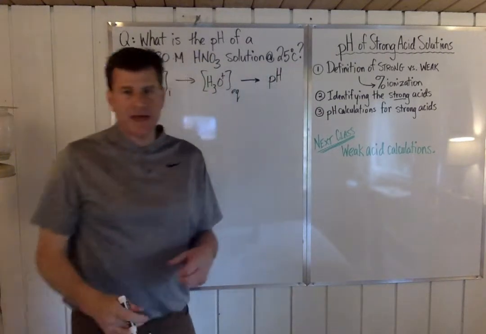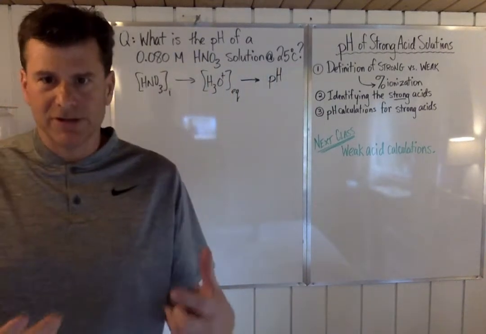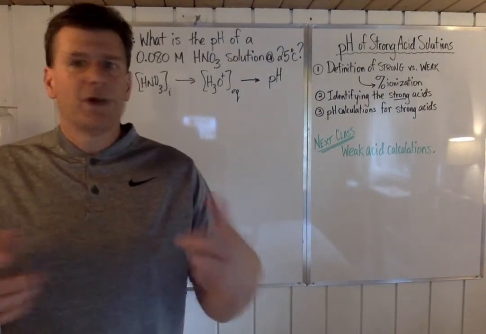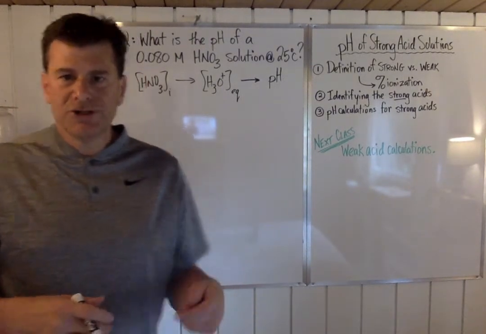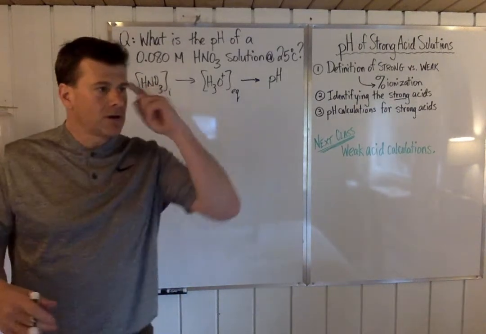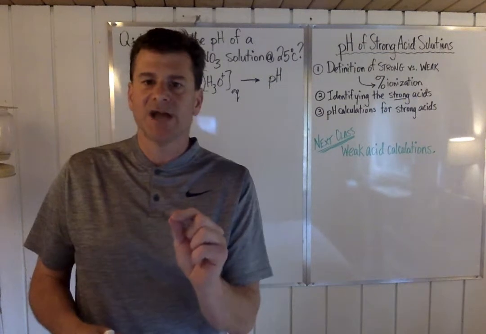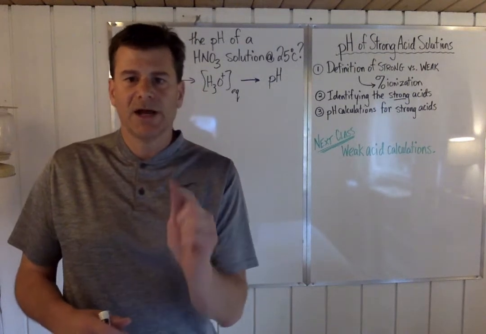And then you're going to get the pH. Kind of like you're mapping out a little strategy of how you're going to do it. What is the theory behind what you're going to do? Well, because HNO3 is one of those 6 strong acids, which means it ionizes 100%. When something ionizes 100%,